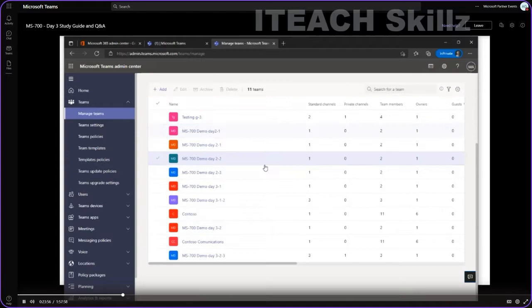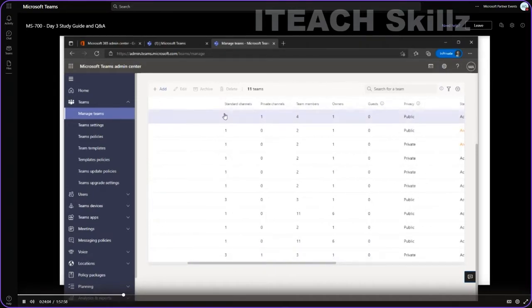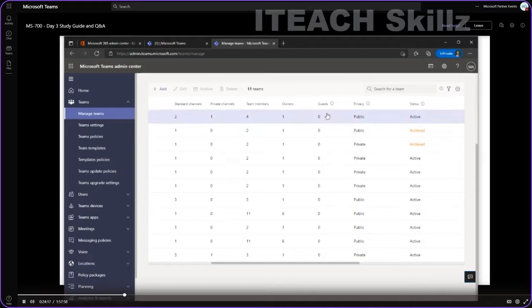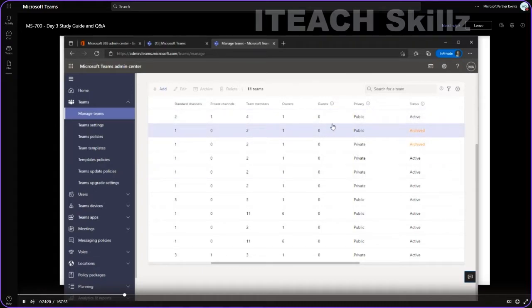Under Manage Teams, I have here the Teams Overview Grid. Here I can see all the information regarding my teams. I can see the channels, the standard channels that they have, if they have private channels, team members, the owners, how many owners. This team here has 6 owners. Okay. If I have any guest users invited to these teams, what's the privacy of each of these teams, the status,